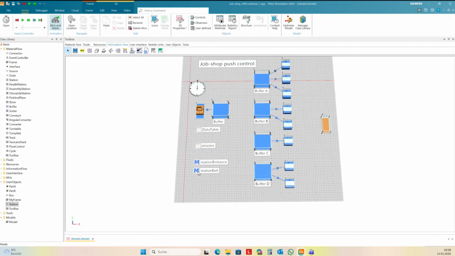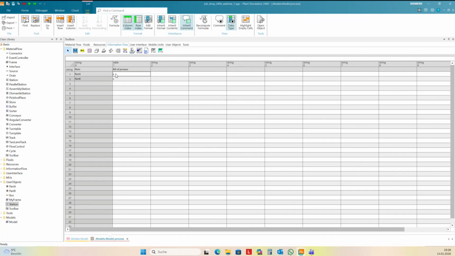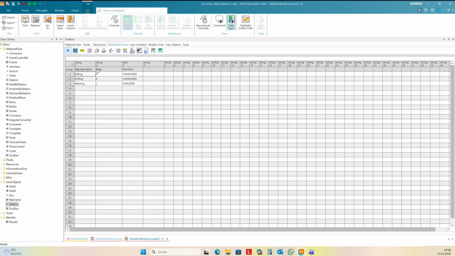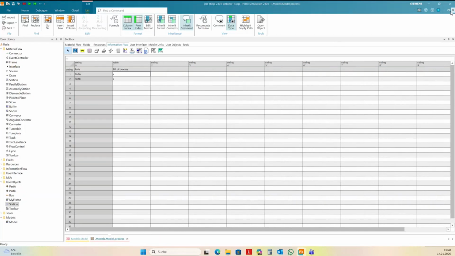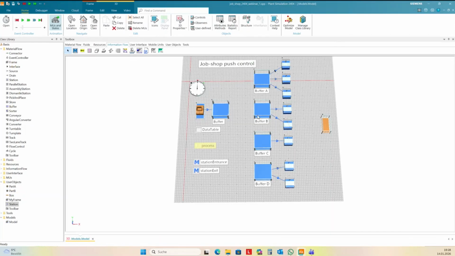So station exit, here we need to increase the operation number, and then we need to read the shop also from the process table here from our column 2. There I have the shop, and from this shop name I can create a dynamical link to the right buffer, and then I move.